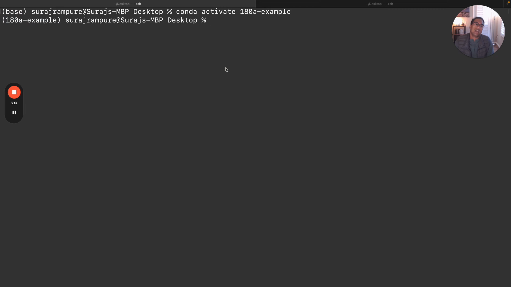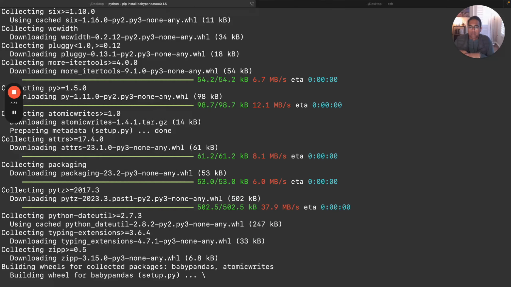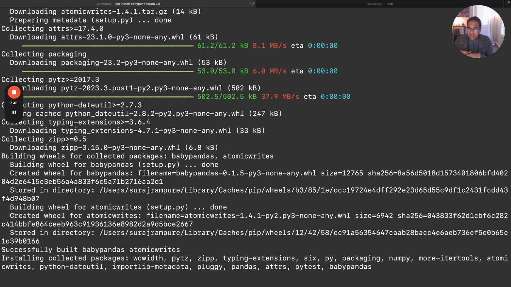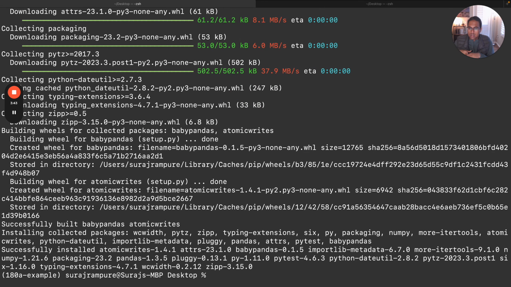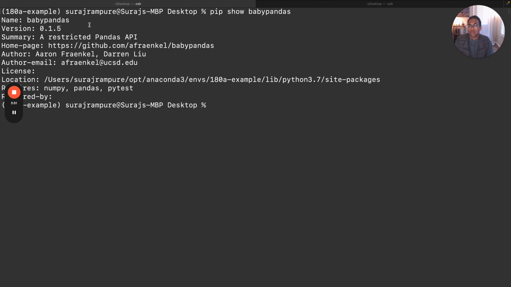And now the idea is when I install packages, either using pip install or conda install, you can use both of them here. It's not going to interfere with my base environment or any of my other environments. So maybe I want to install baby pandas, the DSC 10 example, but I want to use a particular version of it, like an older version, 0.1.5. I can do that here as long as it's compatible with the Python version I picked. Good. And now if I say pip show babypandas, it'll tell me the version I have installed is 0.1.5